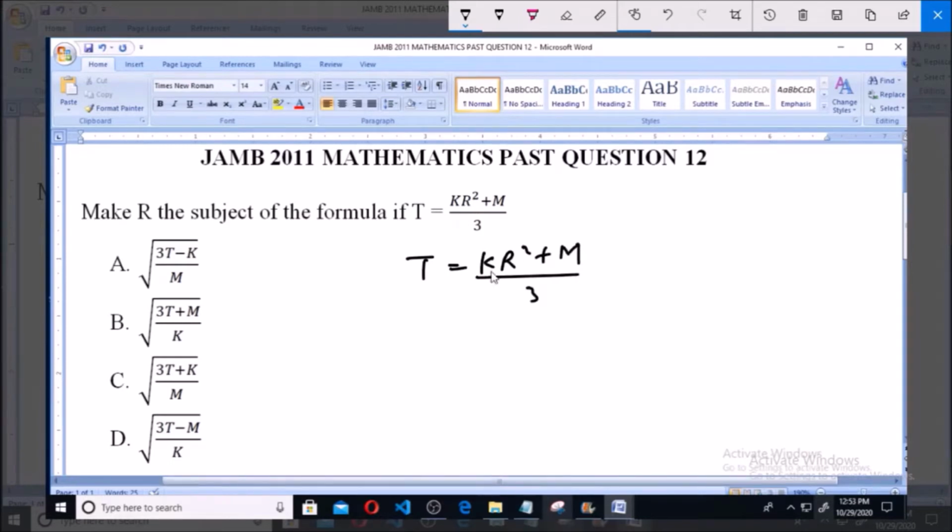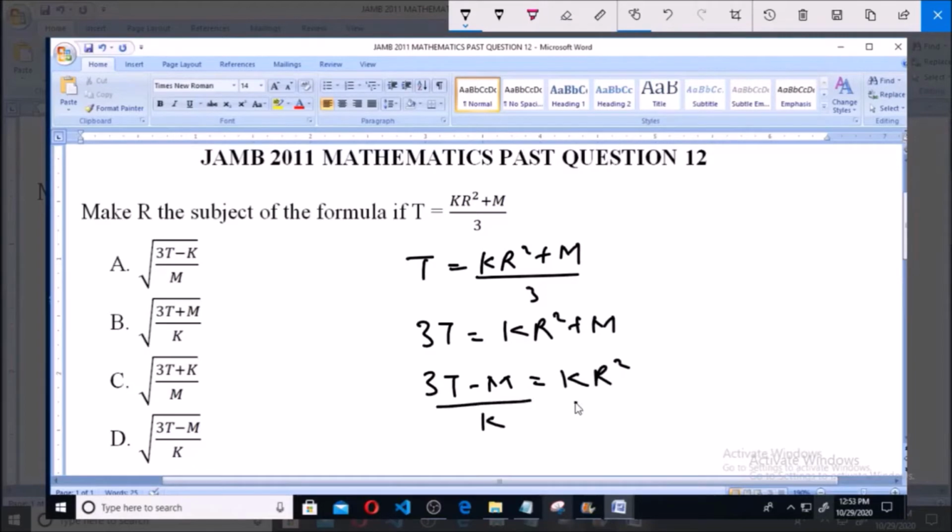Now we multiply both sides by 3 to eliminate this 3. So we have 3T is equal to KR squared plus M. Now let's take away this M from this side of R. So we subtract M from both sides, and by subtracting M from both sides, we have 3T minus M is equal to KR squared. Now to eliminate this K, we simply divide both sides by